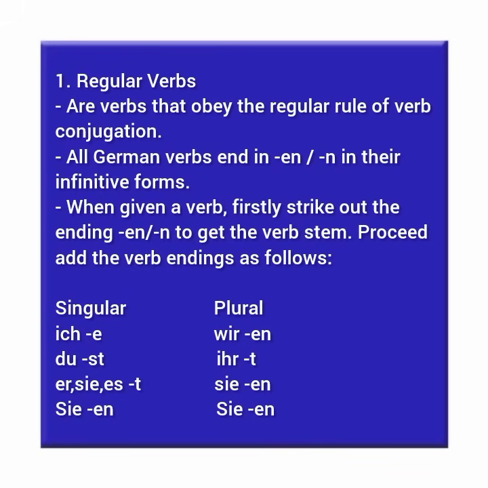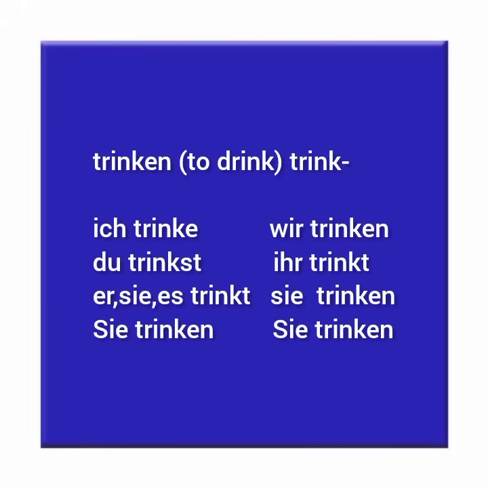All right. So these are the personal pronouns that I'd like you to master, each one of them with its respective verb ending, because we're now going to be seeing how to conjugate various verbs. Okay, let's begin with the first verb, to drink. Now, to drink is simply trinken. Trinken, to drink.